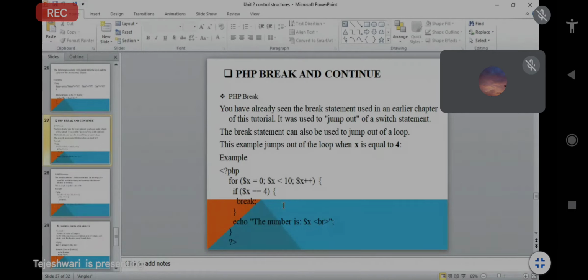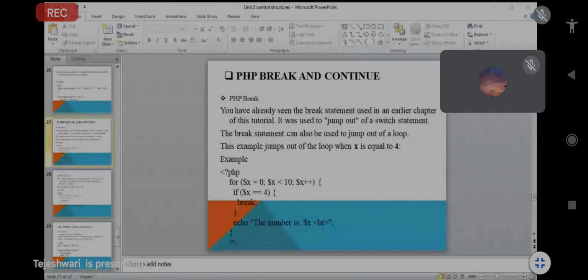The numbers 0, 1, 2, 3 are printed, and 4 is not. We will see this example in detail so you can understand better.